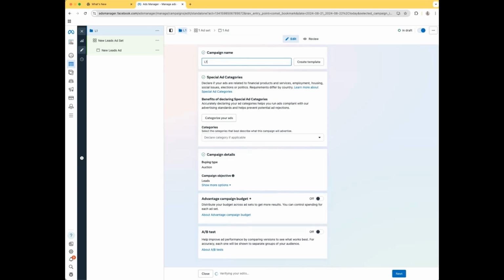So the first thing I'm going to do, like I said, is name it. The first part of naming it is L1. The reason why it's L1 is because L1 signifies that this is a prospecting campaign, or a campaign that is going to cold traffic, people who have never heard of us before, right? If this was a retargeting campaign, it would be L2 because they are people who are aware of us. They've seen us before in some way, shape, or form. So let's just call this muscle building